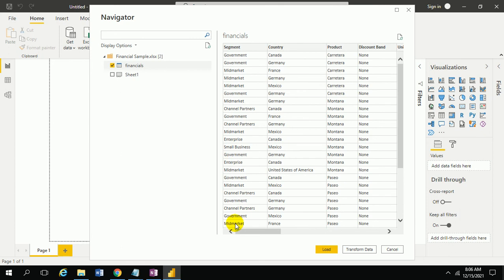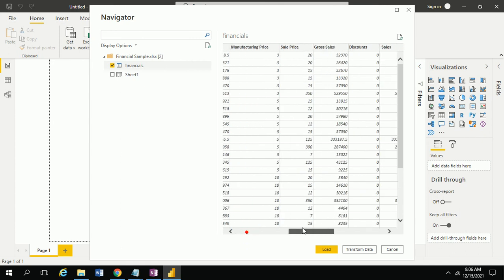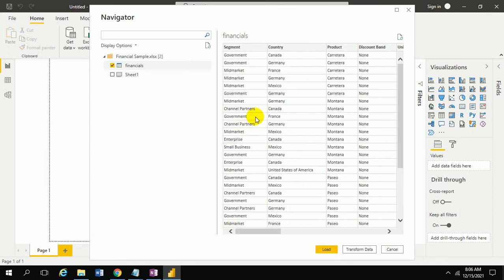But if you want to change data, or add any conditional columns or DAX expressions before going to the dataset, then you can click Transform Data. There the Power Query Editor will open. There you can change and add extra columns or calculated columns, or delete columns. You can merge, pivot. So many things you can do.